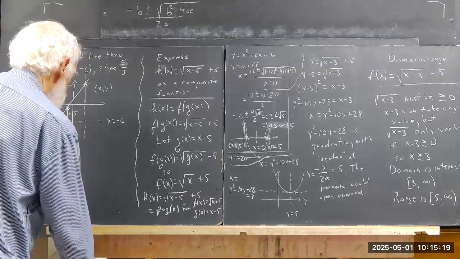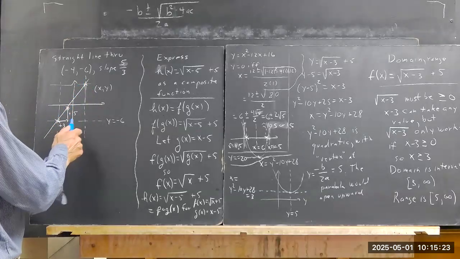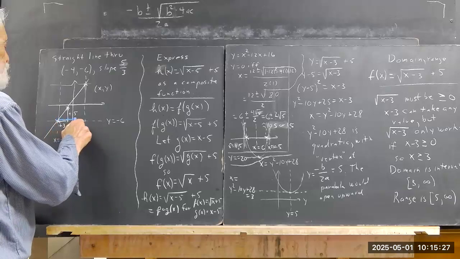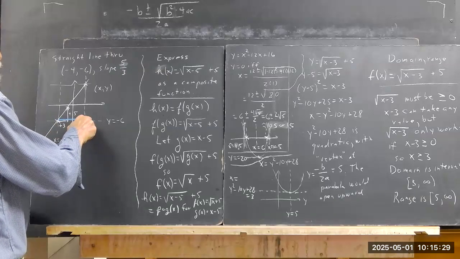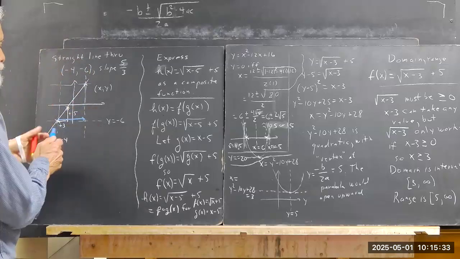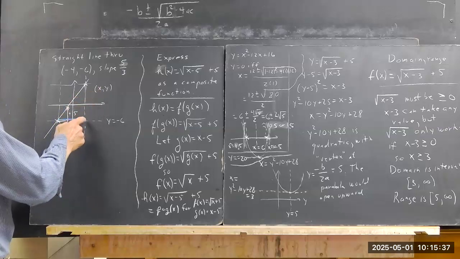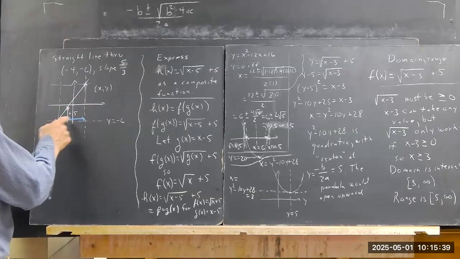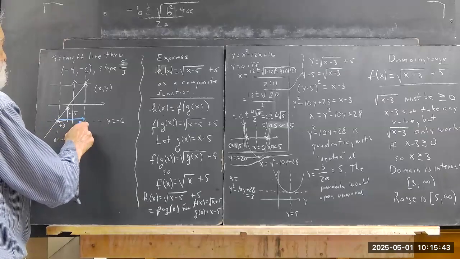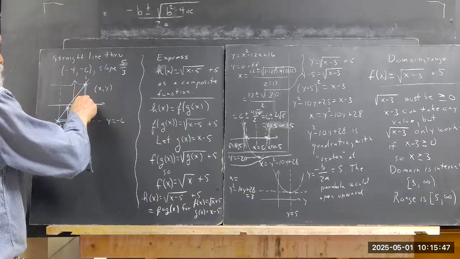Then the slope from here to here is going to be, well, how far is this? If this has x coordinate that we just call x, then from here to here is x minus 3 units. Then from here to here,